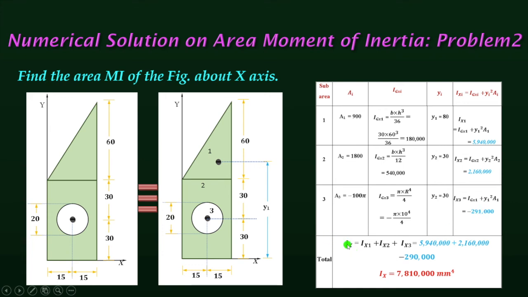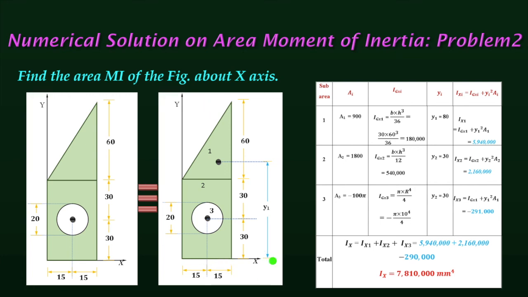Now, what is the total Ix? Means the area moment of inertia of the entire section equals Ix1 plus Ix2 plus Ix3. Add all this, then you get the Ix value. So this Ix is the total. You notice that here this moment of inertia is subtracted, as it is the negative part. So finally we are getting the area moment of inertia of the entire area about the x-axis.